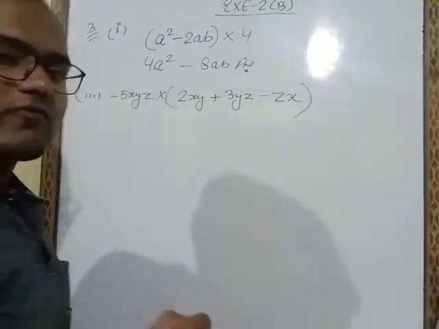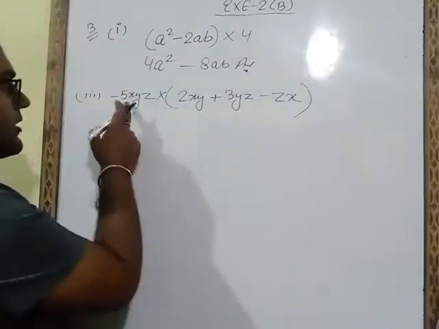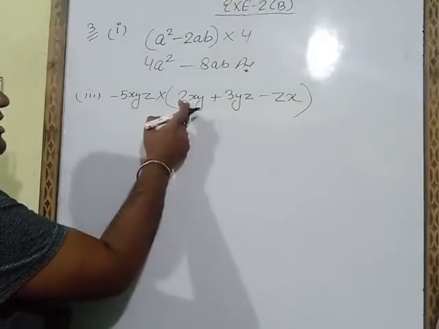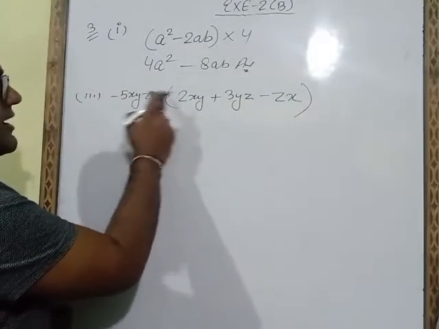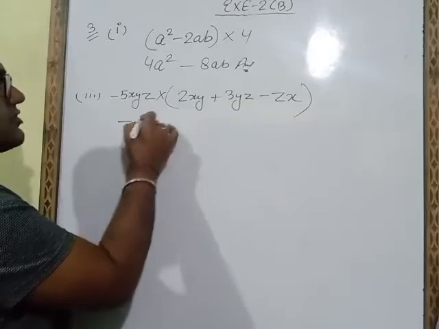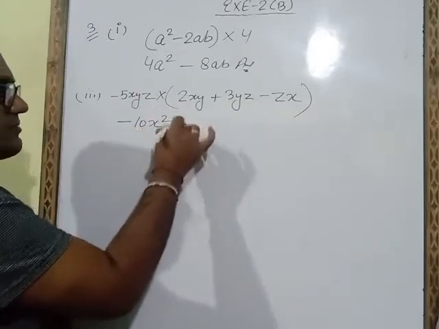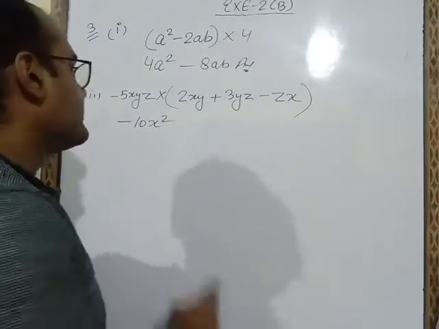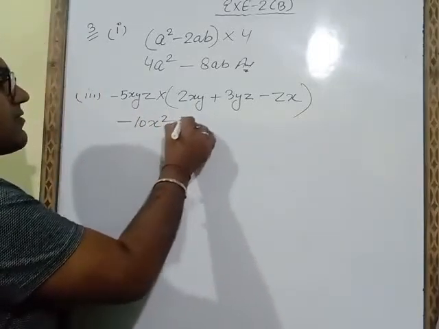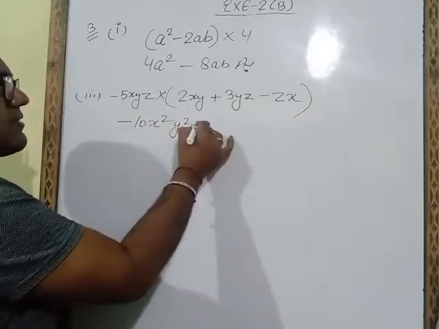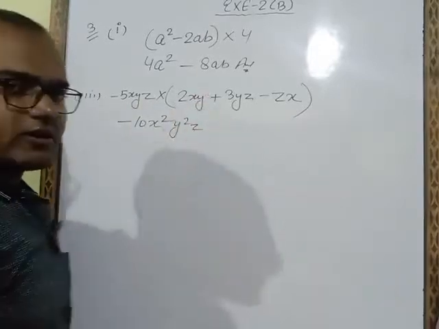Now, first of all, we have to multiply sign. On the left hand of 5, minus sign. On the left hand side of 2, plus. Minus plus minus. 5 2s are 10. X multiply x, answer will be x power 2. Power will get added. Y multiply y power 2. This z we will write as it is because here z is not given.